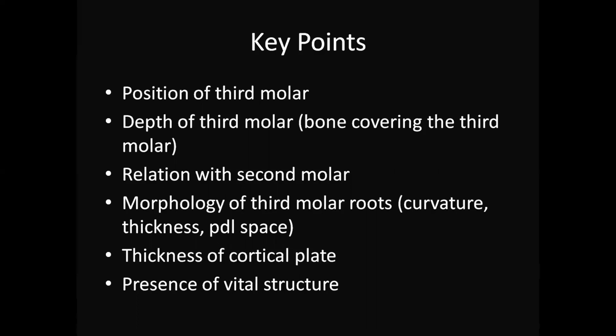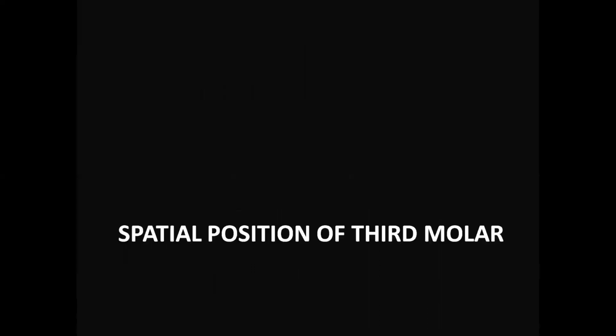It might sound funny, but most of the CBCT are advised just to see the last point, just to see what is the distance between the roots, apical region, and the nerve. But it is not always like that. There is always a difficulty in different things which we need to see. So you need to see many other things except the relation between the third molars and the nerve. So let's go one by one.